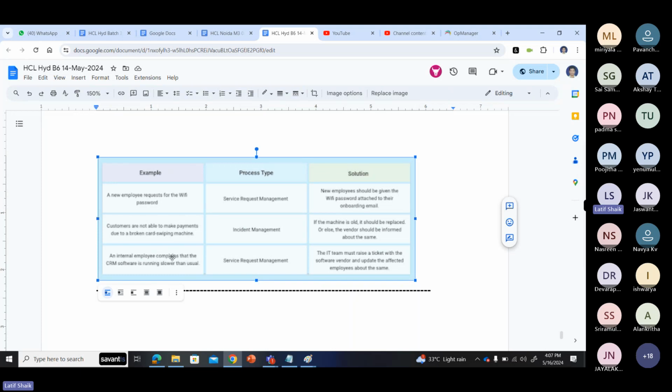An internal employee complains that CRM software is running slower than usual. It's running slower, so it may be a service request. It is not functioning if it is down. If the CRM software is down, for example a Salesforce server, or Dynamics CRM, or an ERP machine, that application is down, then it is an incident. But if it is only slower,